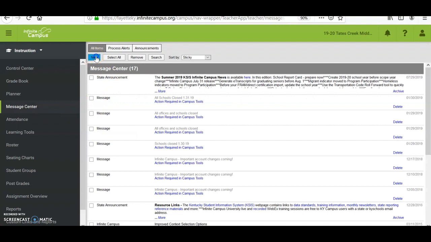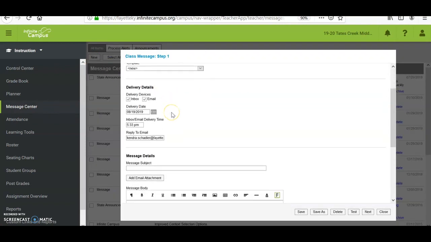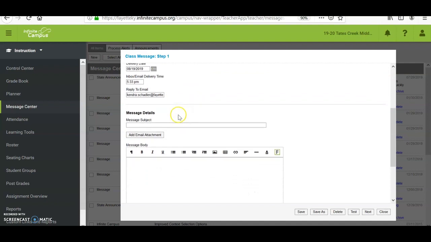Message Center, to send a message to all of your classes, you just click New, and then you can type in the subject and the body of your message. You can also add an attachment, like a syllabus or a study guide or something like that. And when you type your message in, you have the opportunity to save it as a template. So if it's like quiz tomorrow,